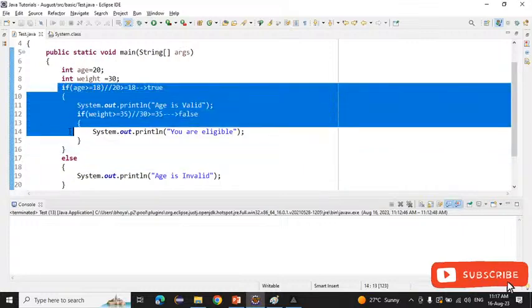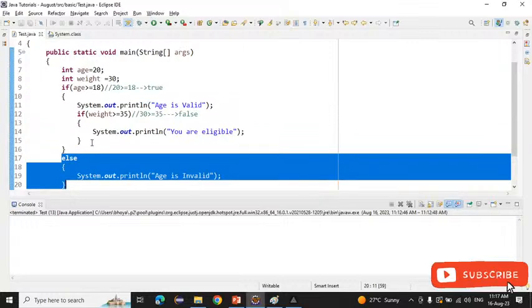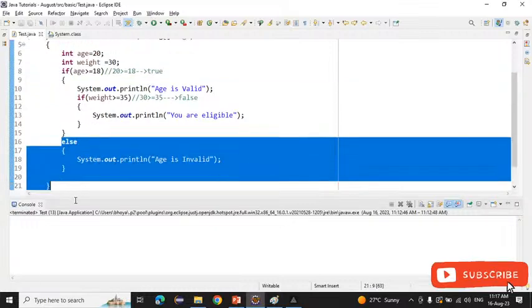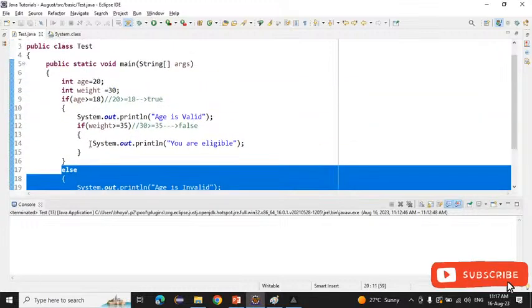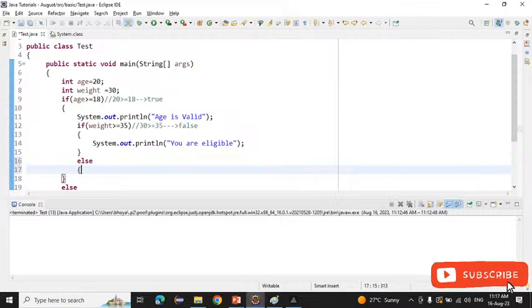See, for this if we have written this else block, right? For this if, we have not written any else block. If this condition is false, only then will this else be executed. This else is for the outer if. To write the else for this inner if, what do we need to do? Simply write the else block inside here, and here we will write